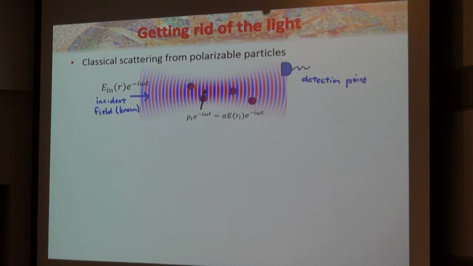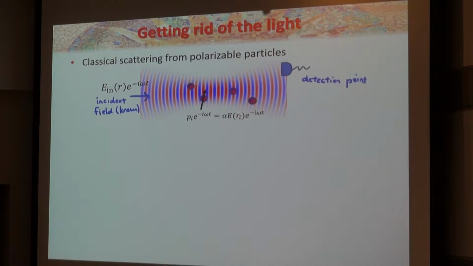What we're interested in, in the end, is how a pulse of light that you send in interacts with atoms. And we're going to do something kind of strange here. We're interested in how light interacts with atoms and propagates, and the first thing we're going to do is throw the light away as a degree of freedom. That sounds strange, but it actually turns out to be very helpful, especially in the quantum regime. When you're talking about a propagating field, it's a continuum. Even one photon already has an infinite Hilbert space associated with it because it can live anywhere in space and have any frequency. So let's get rid of that infinite Hilbert space.